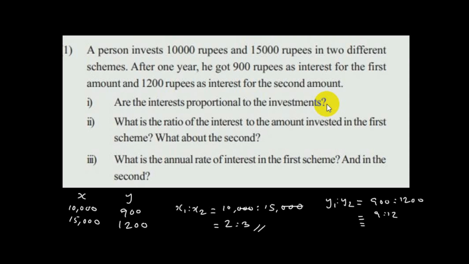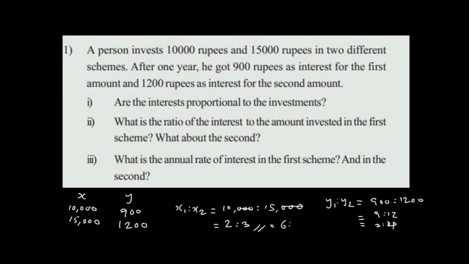Again, on writing, it will be 3 is to 4. 3 is to 4 it is. Now see these two ratios. Here we can't compare them, as one is 2 is to 3 and the other is 3 is to 4. And so we have to make either the first ratios or the last ratios equal. Here 2 is to 3 can be written as 6 is to, if you multiply both 2 and 3